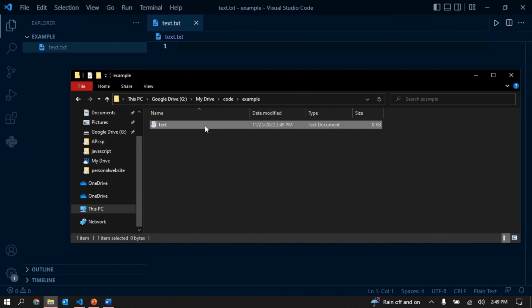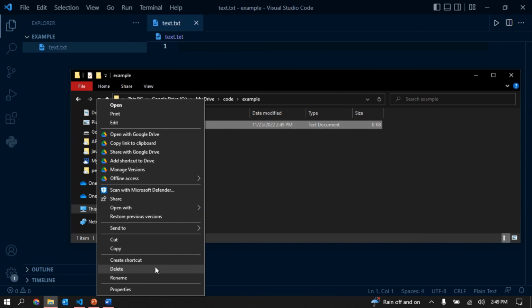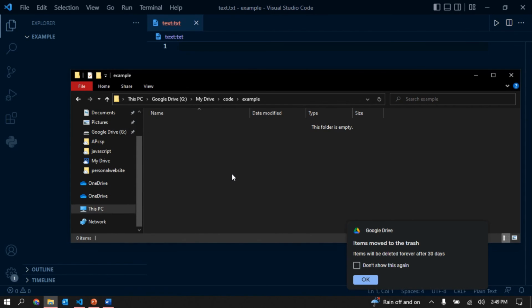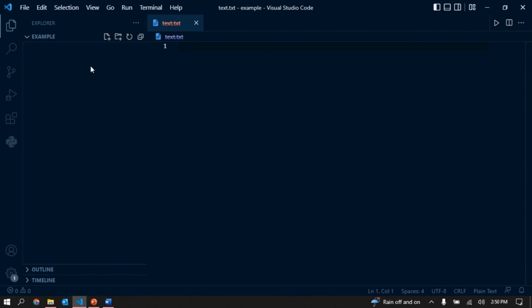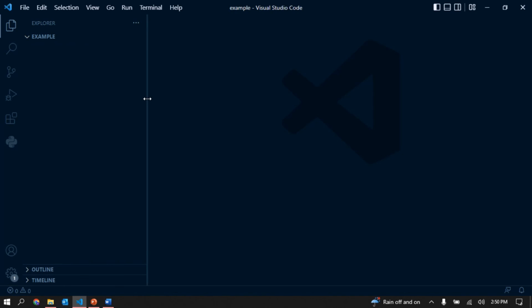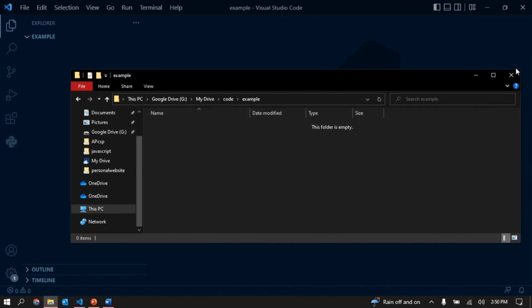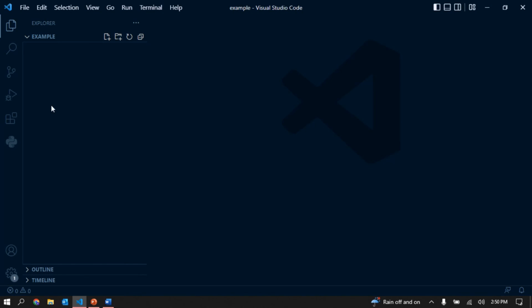Alright, and if I delete this file, okay, you can see that text.txt is also deleted over here. So you can actually use these interchangeably if you want, but I think it's best to start using it over here, so you can kind of get the feel for it. So we're just going to go ahead and create a new file,